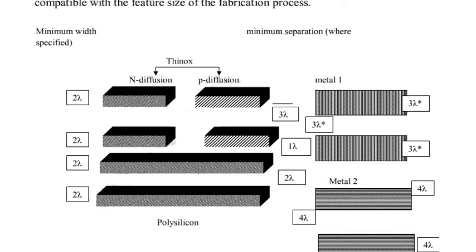When it comes to the polysilicon, the width of one polysilicon layer should be 2 lambda, and the spacing between the two polysilicon layers should be 2 lambda. When it comes to one diffusion and one polysilicon layer, for the fabrication process of your NMOS transistor, we will have a layer of polysilicon and a diffusion also, either P diffusion or N diffusion. So the space between those two layers should be 1 lambda. So this is your 1 lambda.